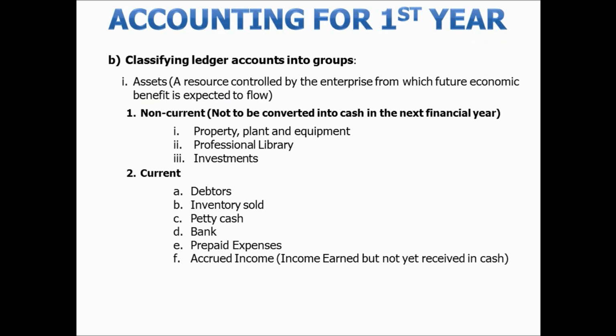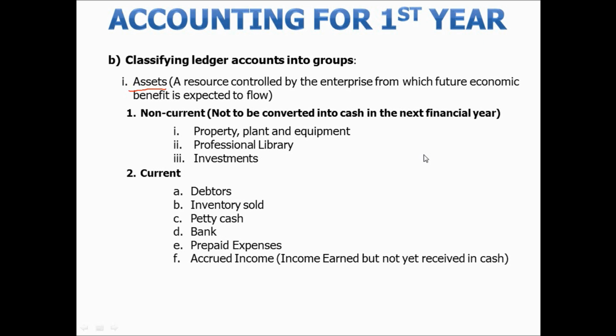We have now learned how to enter transactions into the ledger. But how do I know if a transaction is an asset or an interest? Let's have a look at some of the different classifications. Assets are defined as a resource which is controlled by the enterprise and from which future economic benefit is expected